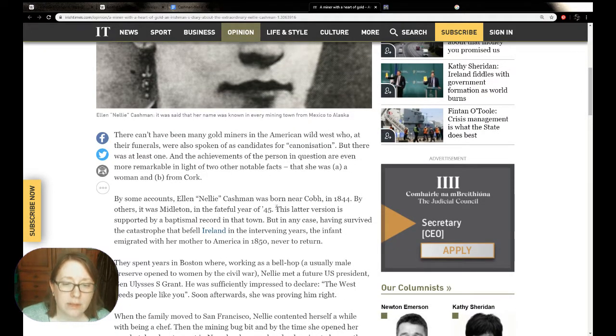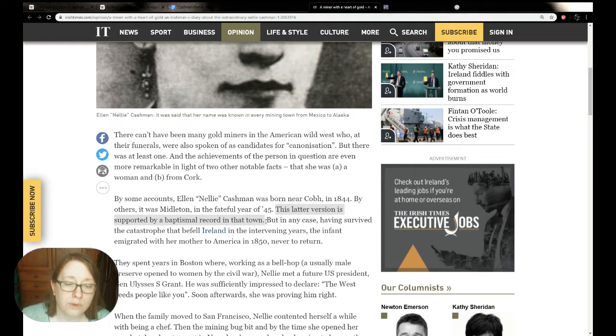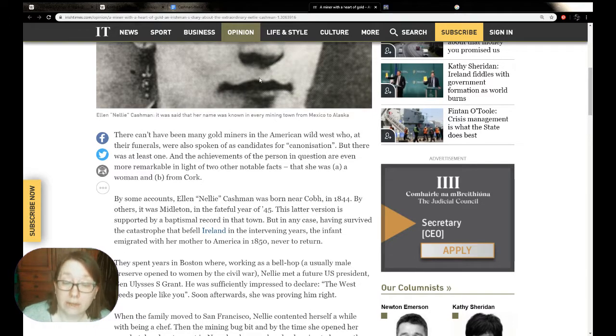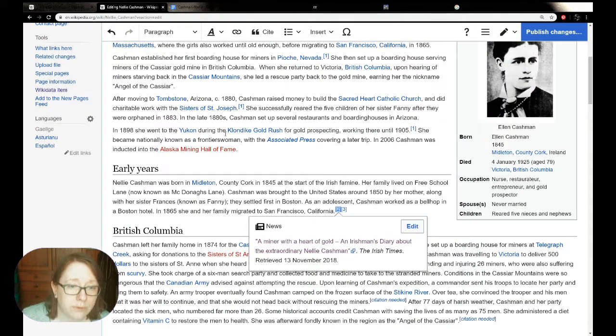And that one of, I suppose, the accepted authoritative biographers of her has found a baptismal record for 1845, for mid-1845, making it more likely that she was born in 45, given that children would tend to be baptised quite soon after their birth. So we're going to say Nellie Cashman was born in Middleton, County Cork,